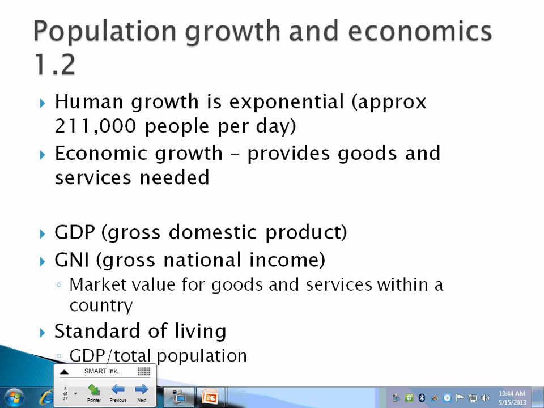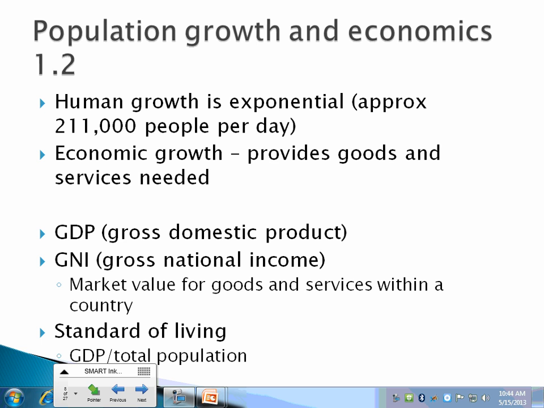Economic growth provides goods and services. We're going to talk about two main things. GDP is something called gross domestic product, which if you've had an econ class already, you probably talked about. That's overall. Think about a plant. A plant makes energy for itself. It really doesn't make it for us. I should say it makes glucose and oxygen for itself. It'll use that in the process of cellular respiration. We actually take what's left over. So we take something called net product.